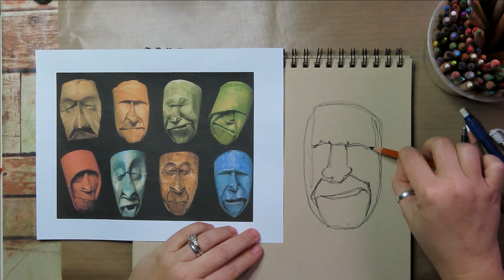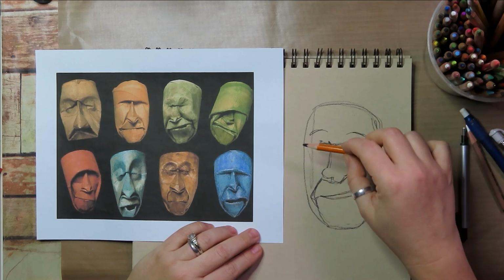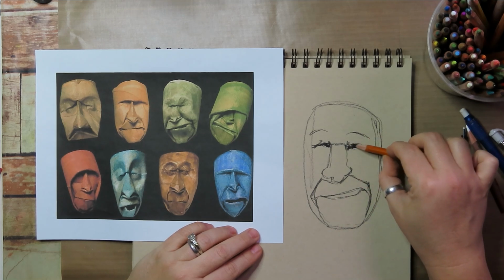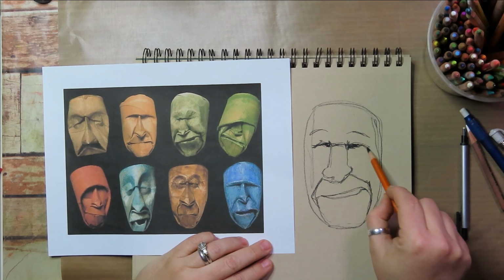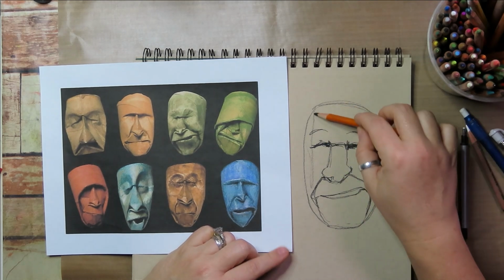I love contour drawing, and I find that when I do this kind of loose, quick work, I automatically default to blind contour work. I don't know why. Probably because there's a lot of overlapping and stuff. So there's some darker spots right there, so I'm gonna fill that in. But look, just a few lines of bam, we all of a sudden have a face. Bam. Okay, so now I'm gonna add